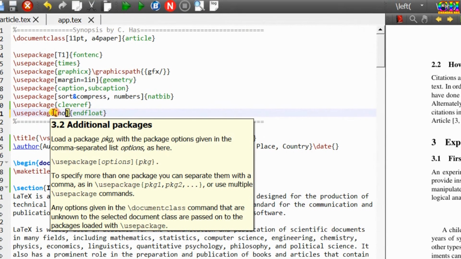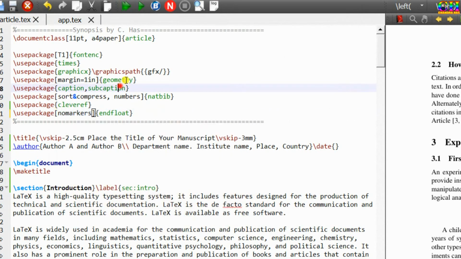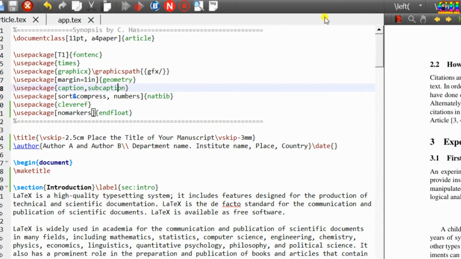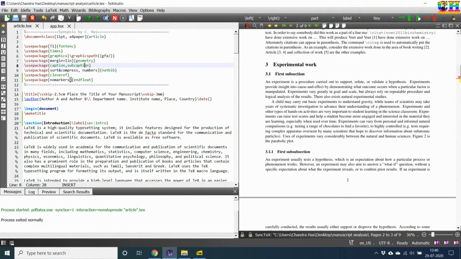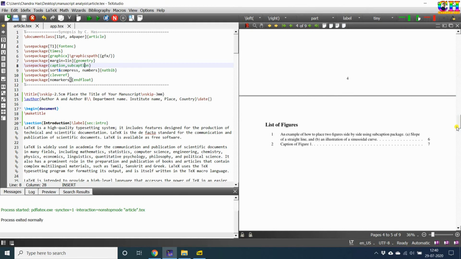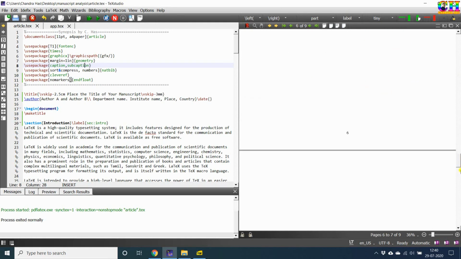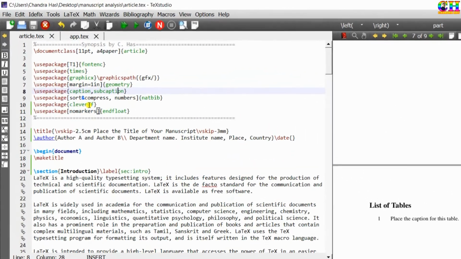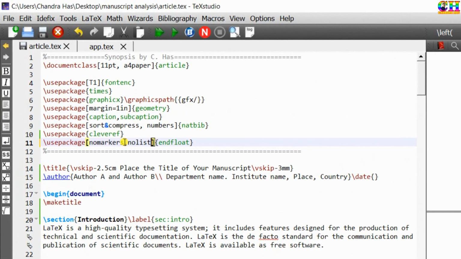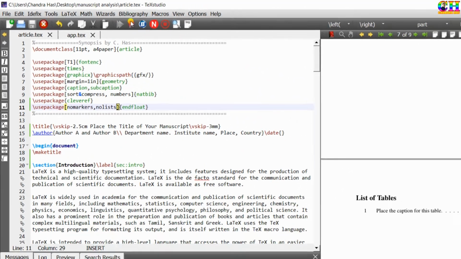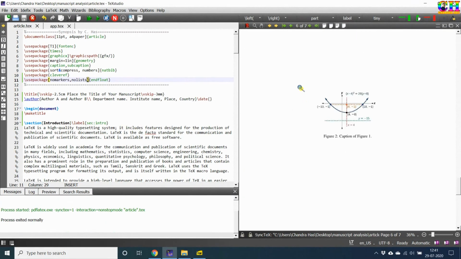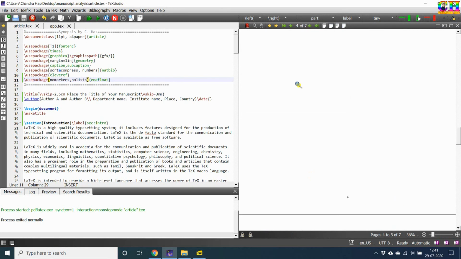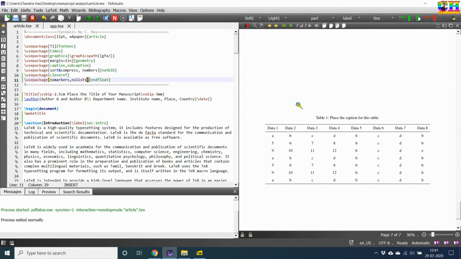Just write here nomarkers. And also if you don't want to print a list of figures and a list of tables, then just use the nolists option. We can change the order.